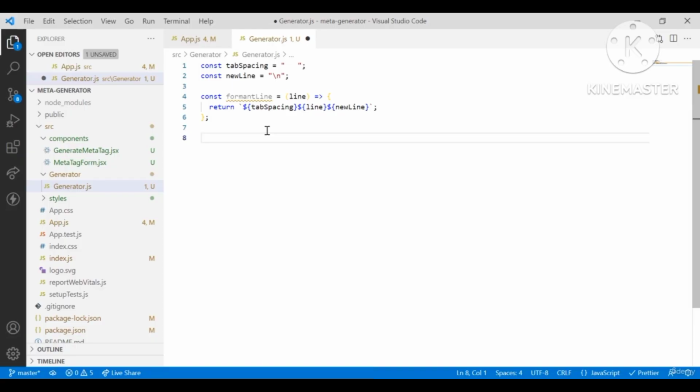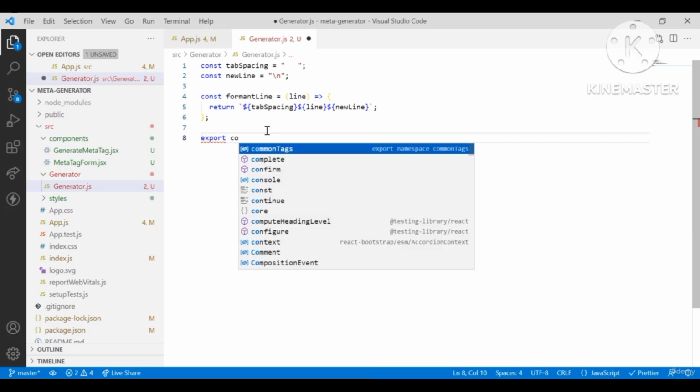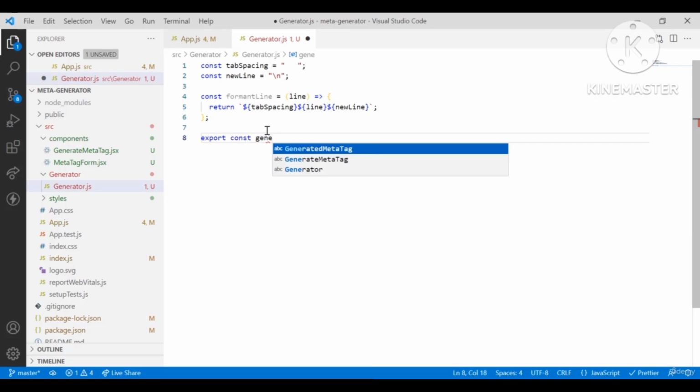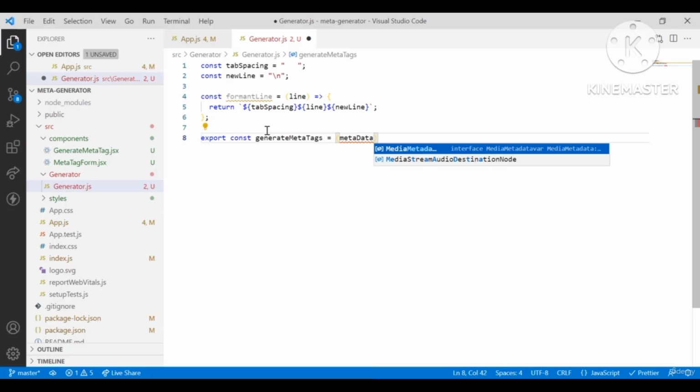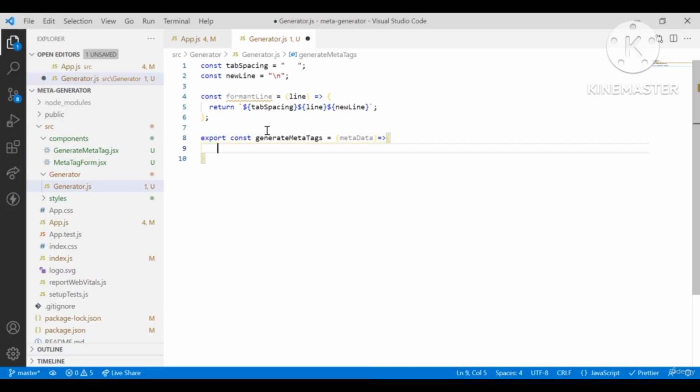Now after this format line function, we'll be creating another function that's going to be called generate meta tags, and that is going to generate the meta tags for us. So let's export constant. So this is exportable, generate meta tag. Now this is going to take some metadata. Now this metadata is going to be, all right, this is an arrow function as well. And after this, let's destructure the metadata. So constant